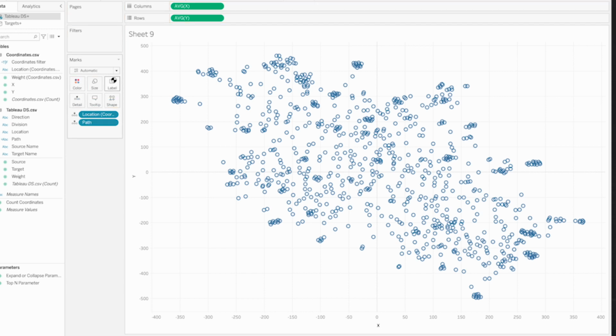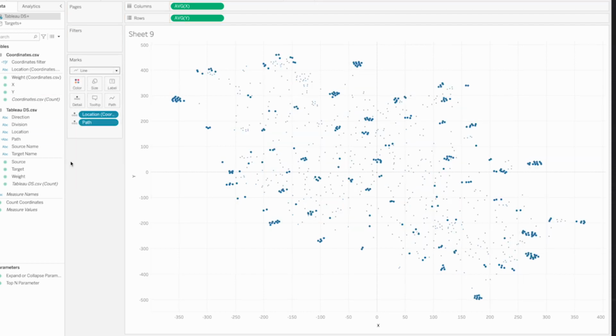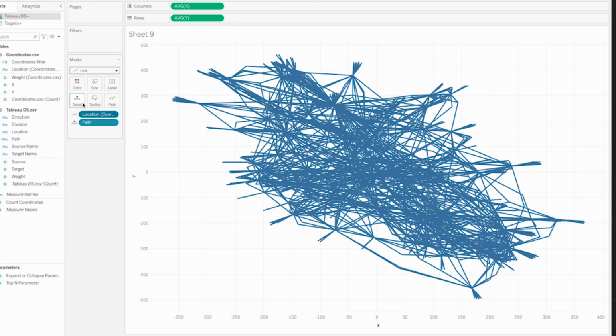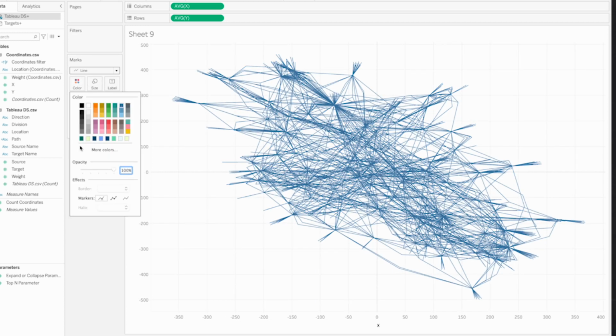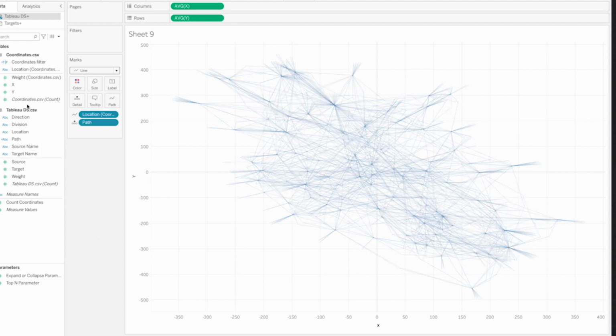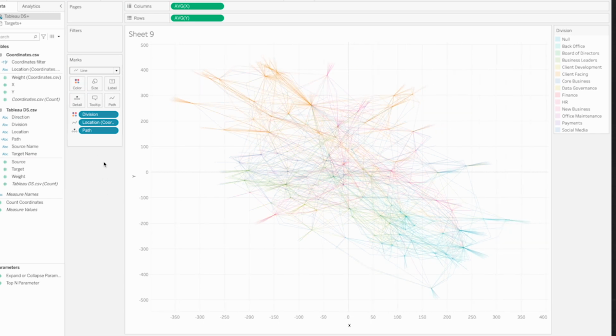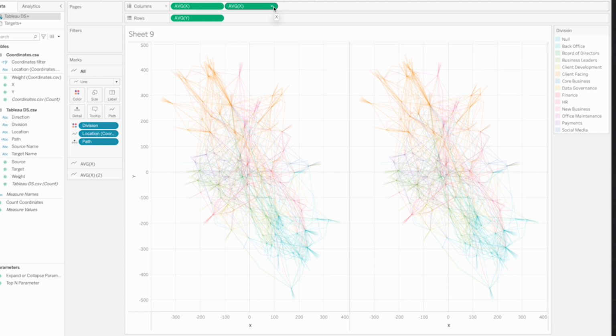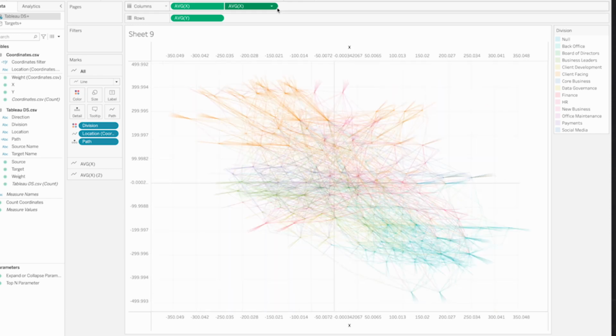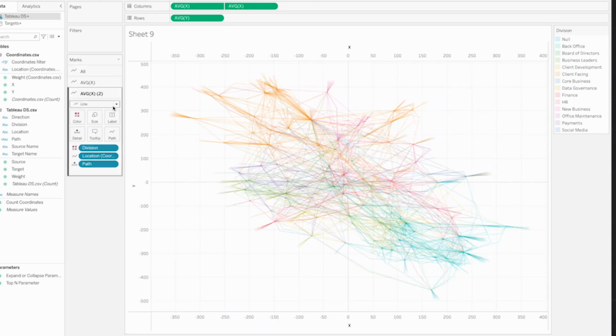So we will put this into details too, change the graph to lines, make location as path, make the lines a little bit thinner, and color. We'll color by division, and also we need to add dots. We will make a dual axis using X coordinates, and we will change it to circles.